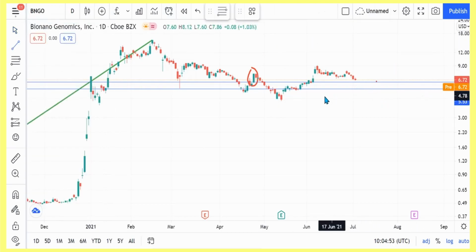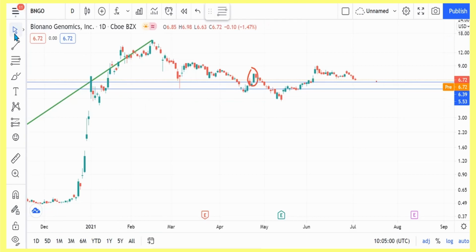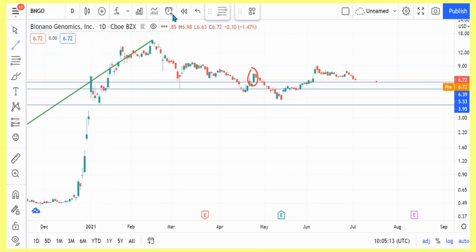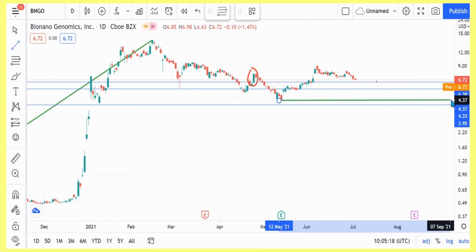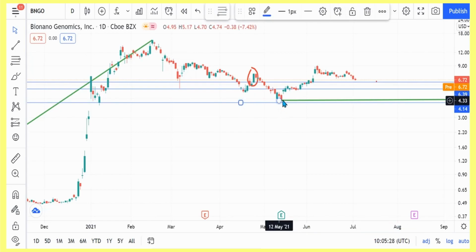It depends where you buy. Actually, your stop loss can be here. I mean, worst case scenario, where is your stop loss supposed to be? Let me do it for you. You can do somewhere below this particular low. Okay, so this is the utmost low we are expecting. I hope it doesn't go there. So you can put your stop loss somewhere here, just slightly below that particular low,